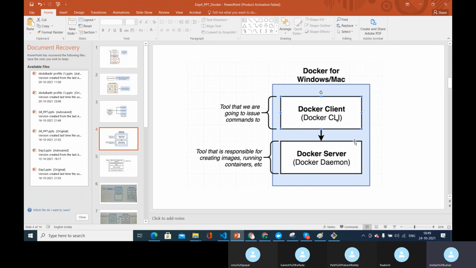To give you an example, when you shut down your system and you have a notepad which is not saved, Windows will ask you whether you want to save this notepad or not, right? That is something you will see when you want to shut down your machine and you have an unsaved notepad.